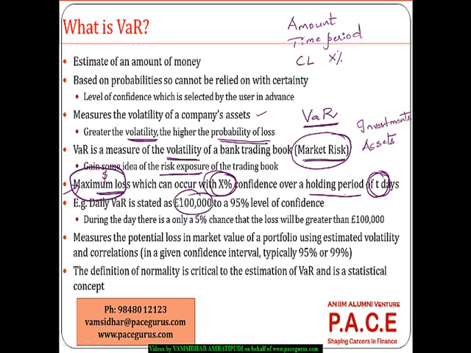If I am saying 100,000 pounds at a 95% confidence level, a daily VAR, these three terms are there. What it means is, on any particular day, there is only a 5% chance that the loss will be greater than 100,000. In any randomly chosen day, I am 95% confident that the loss will be less than or equal to 100,000. Only a 5% chance that the loss can be more than 100,000. This is the way we define value at risk. It's a measure of the potential loss